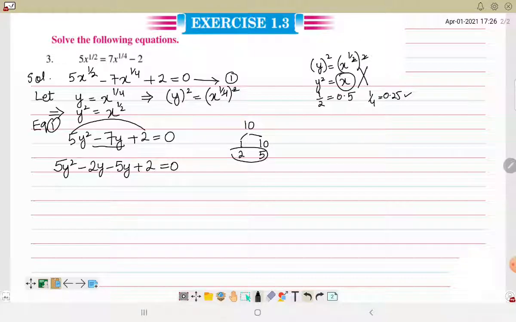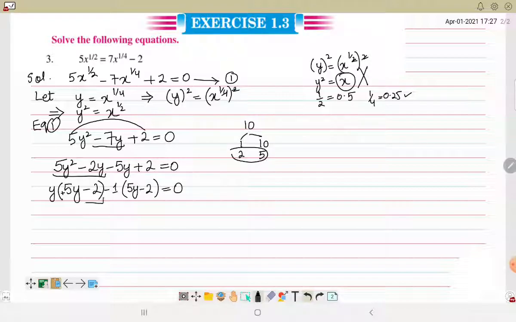So we got 4 terms. Out of these 4 terms we'll make pairs. In the first 2 terms you got y as common, so we'll take out y as a common factor. We are left with 5y minus 2. And now here is no common factor, but still there is one that you can take common, and we have to take care of the signs as well. Since here यहाँ पे +5 है तो यहाँ पे भी +5y होना चाहिए. So that is why we will take the -1 common. Minus into minus becomes +5y, and minus into plus becomes -2 that is equal to 0.